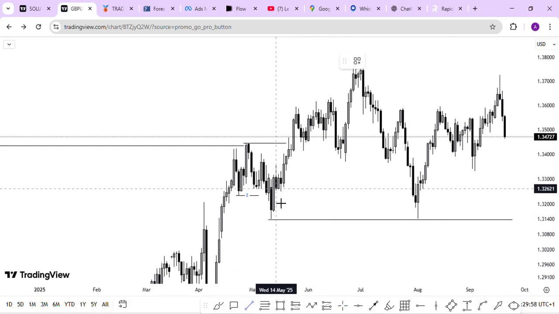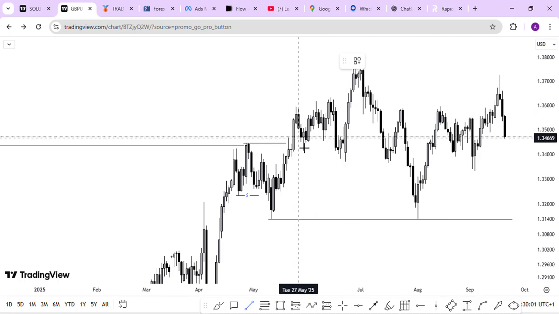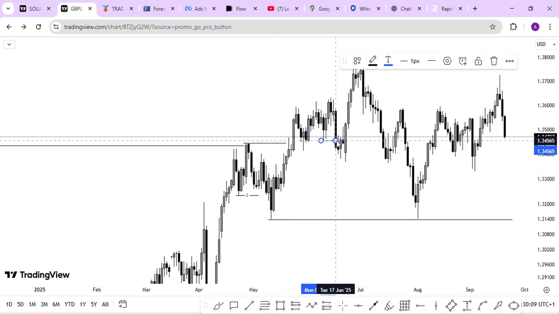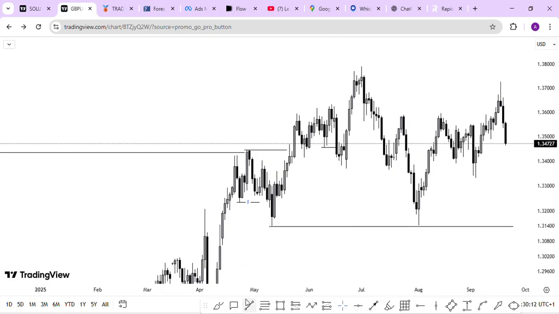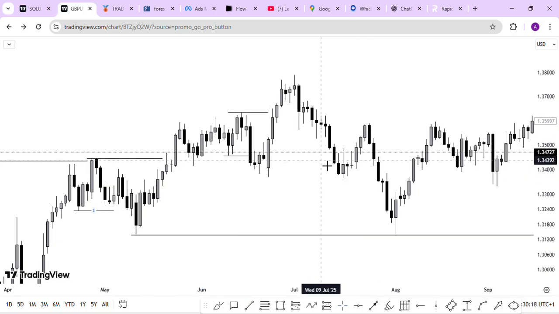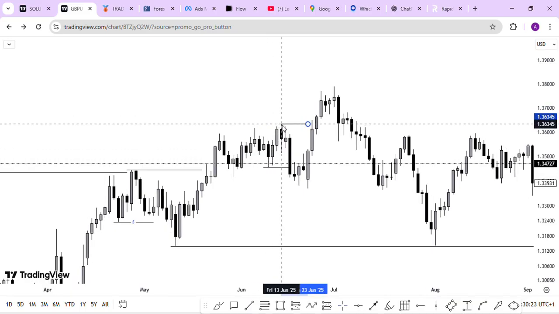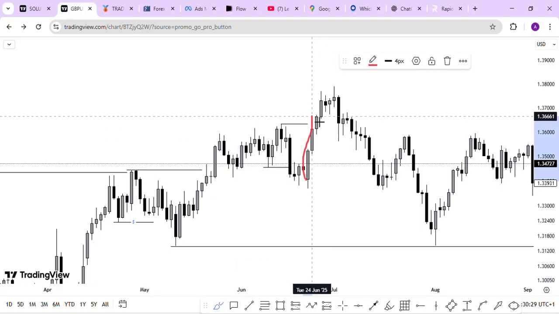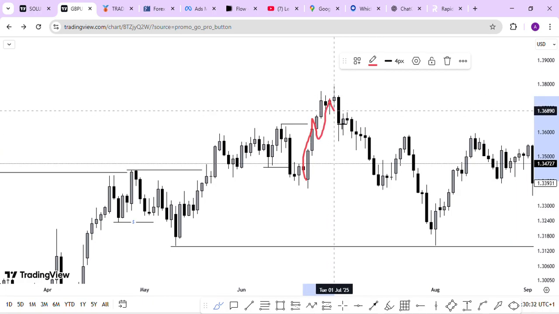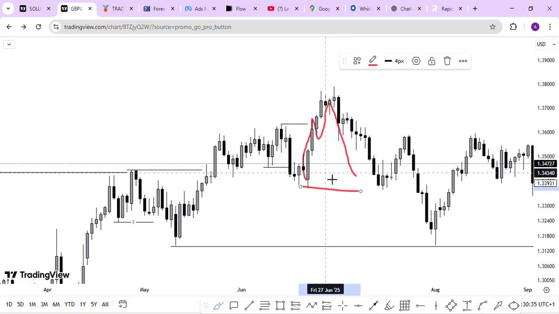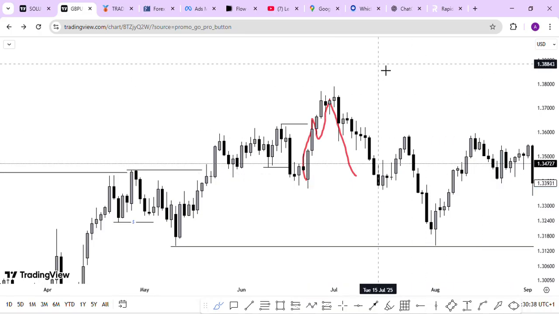You can see that after we break the structure to this high, market created pullback. This is supposed to be our last pullback, but market created another one. Then finally market created another one. I think I've explained this in my last video, and we're supposed to have a break of structure here because it met all our break of structure criteria. But the problem is, as the market is going to go and break the structure, market does not create any valid pullback like this. As the market is going like this, we're expecting a pullback, then this low will now be confirmed that it will be our low. But as that one doesn't happen,